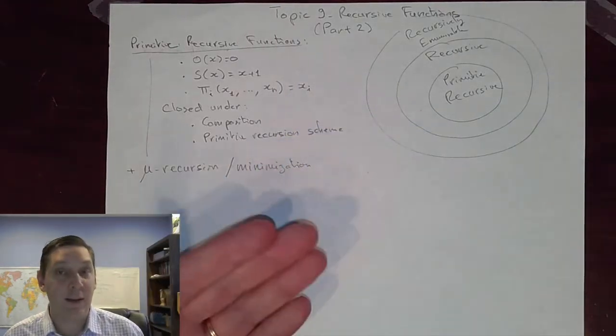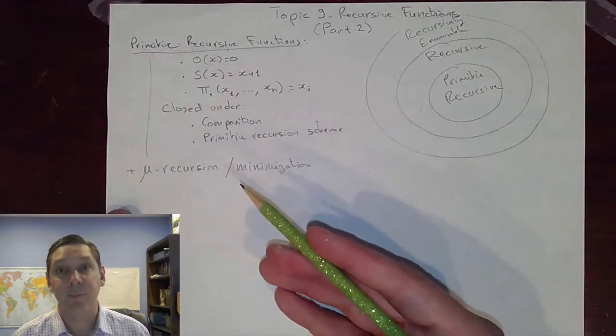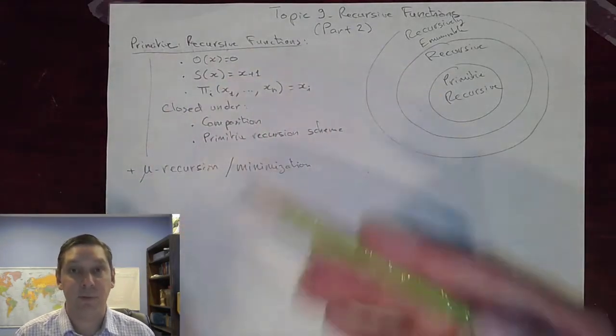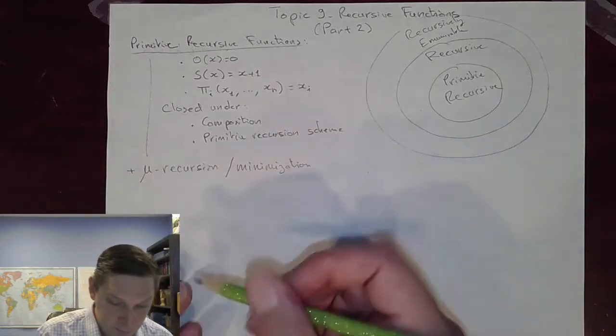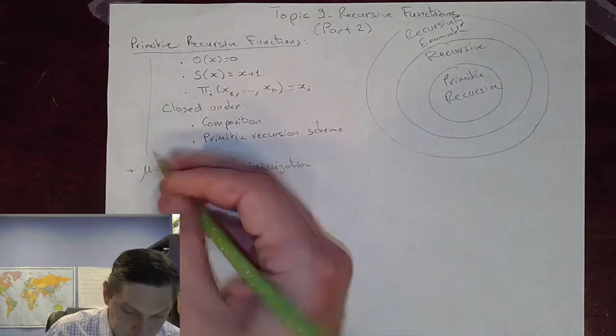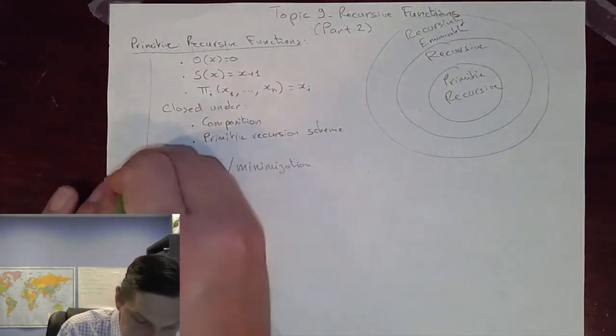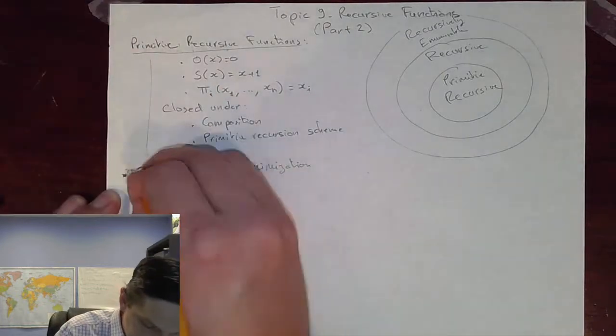And we define that as a recursive function, and you get, if you add this, if you say that it's closed under, right, so I should actually, to be more precise, put it